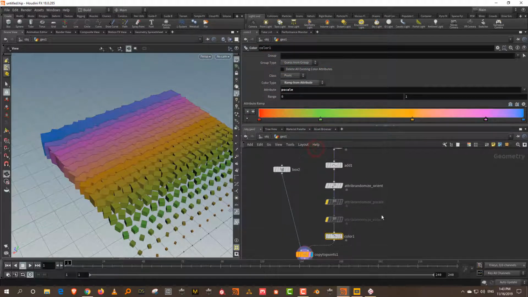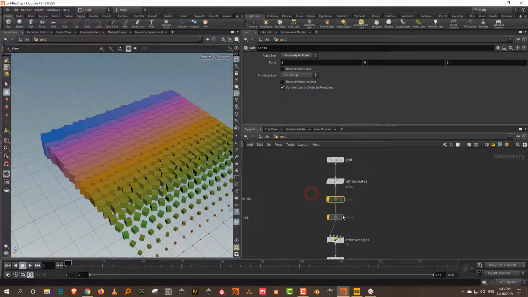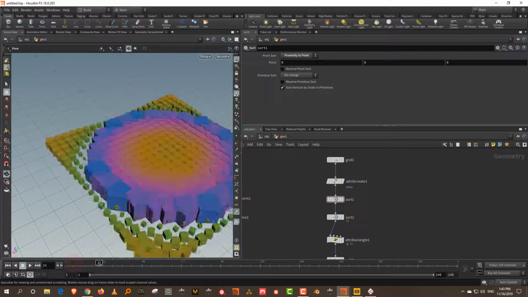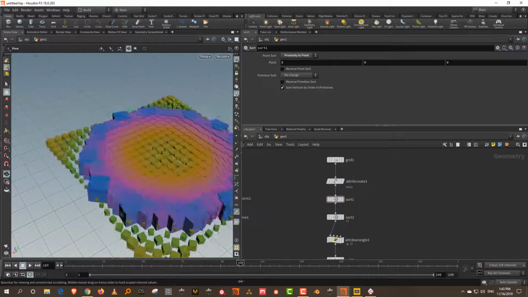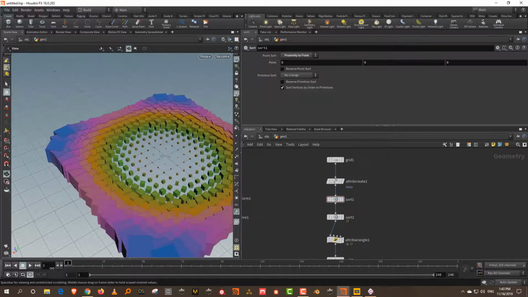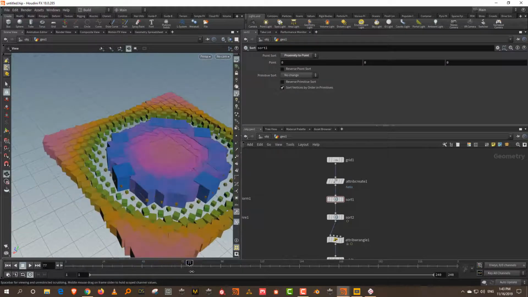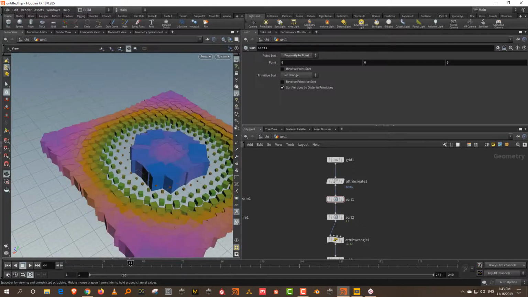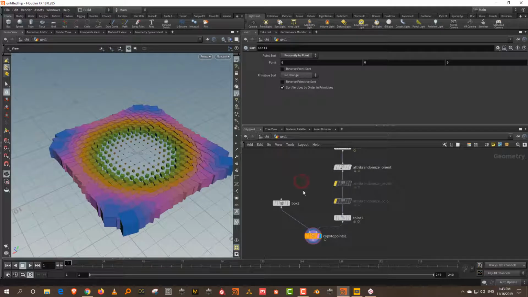And then if I take that sort that we had here, let me just pick up both of these, you'll actually see the color also change. See. Because as the p-scale value changes, the p-scale is driving the color. So you can actually do stuff like that. So yeah, you can do a whole bunch of stuff using basic attributes and copies.